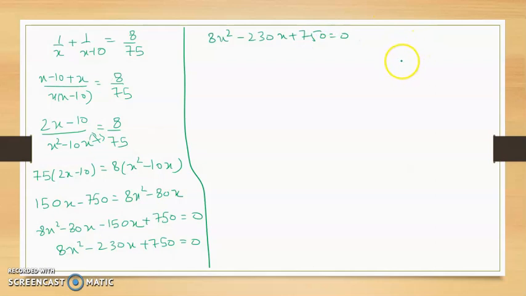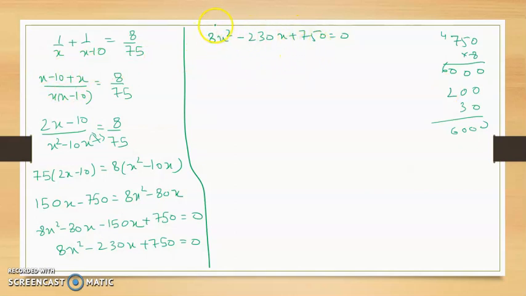Alright, students, so make factors. 750 into 8: 8 5s are 40, 0 plus 4, 6, 7 is 56 and 4, so 6000. And so now you have to make factors of this. So if you split 230, 230 will be 200 and 30, yes. 30 times 200 gives 6000, and we add to get this. I am not explaining this, students, we have solved so many quadratic equations, I have already told you how to solve this.